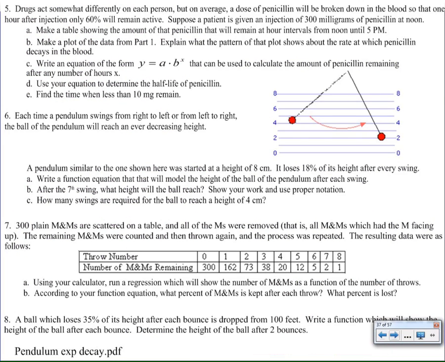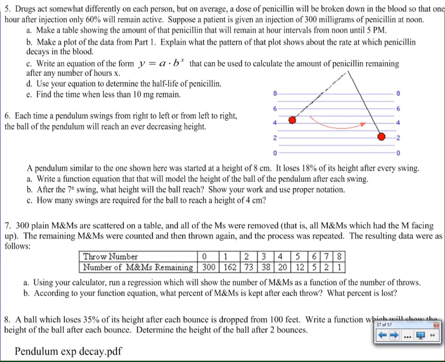Just to drive this point home, I would like to look at number 6. Number 6 is talking about a pendulum, and it says, each time a pendulum swings from right to left or from left to right, the ball of the pendulum will reach an ever-decreasing height. What I learned here is a pendulum similar to the one shown started at a height of 8 centimeters. It loses 18% of its height after every swing. So here, what I have to do